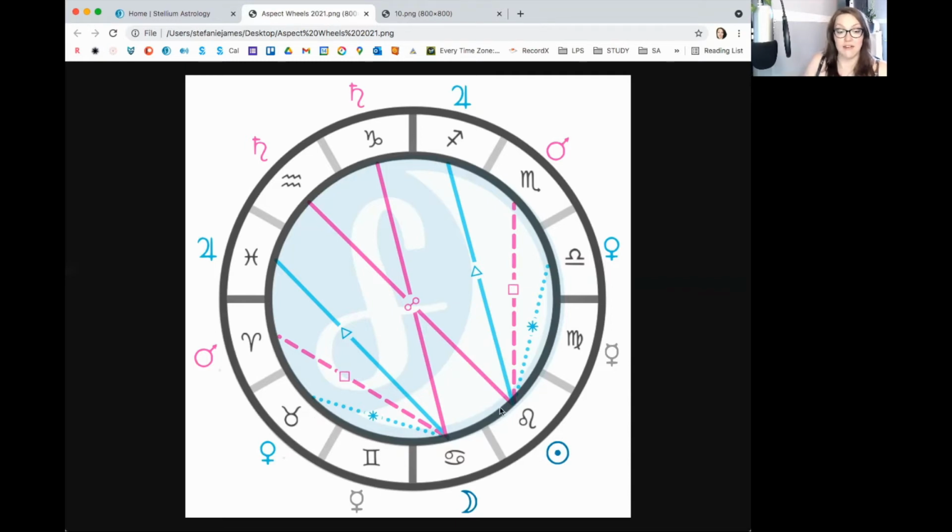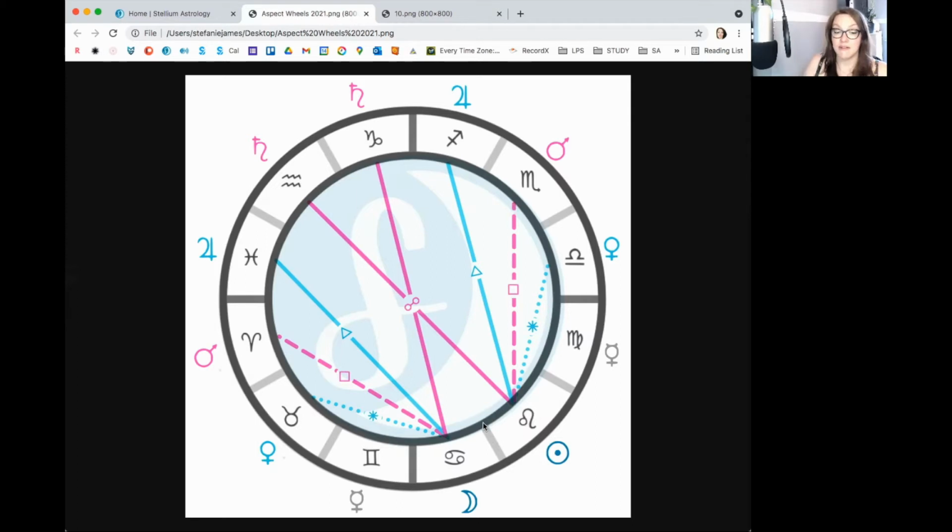Equally, if we looked in the other direction and we went from the Sun in Leo, so the Sun ruling Leo, if we went from 0 Leo over to 0 Libra, Libra is also ruled by Venus. So we have this nice little Venusian quality from each of the luminaries, 60 degrees away, with Venus ruling each of those signs.